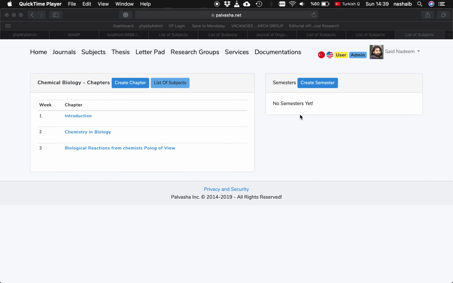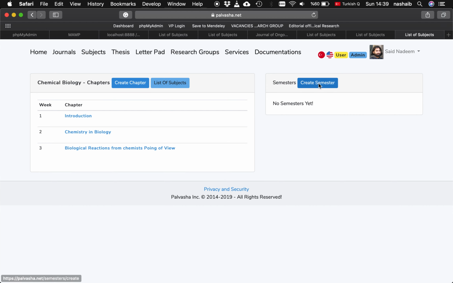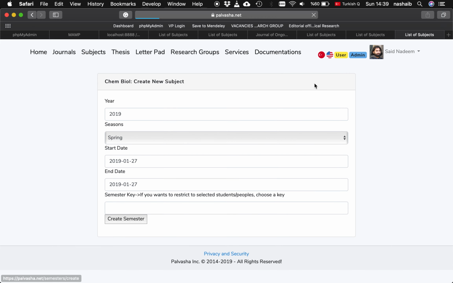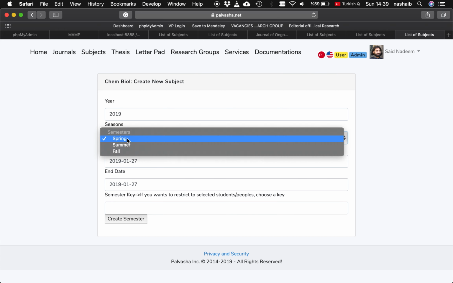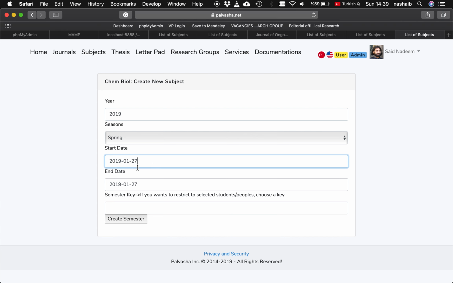Okay, to create a new semester, just click the Create Semester button, and this semester is in 2019. The year is 2019, and the coming semester is spring semester. So you can select from the menu spring semester, and suppose the semester will start on 1st February. So 1st February 2019, and it will end on 15th June